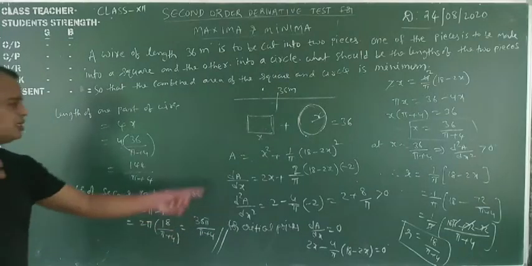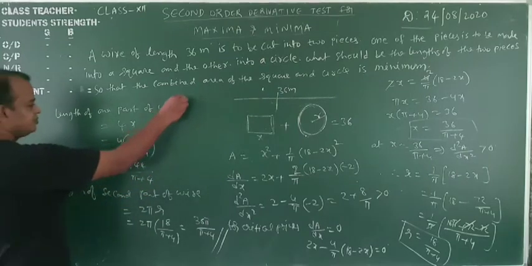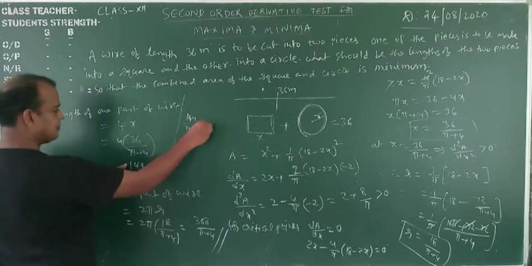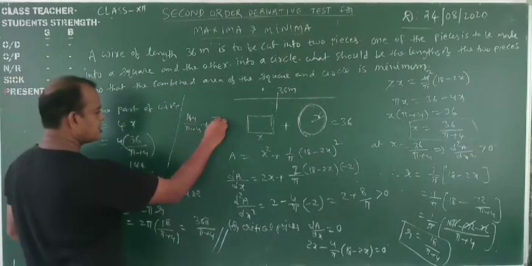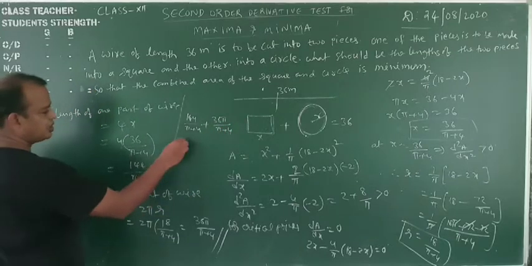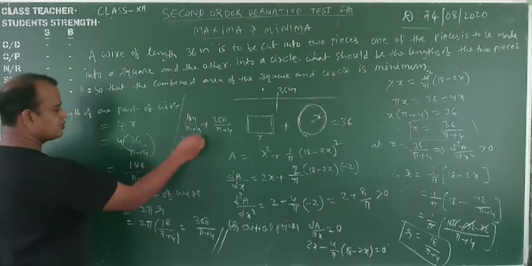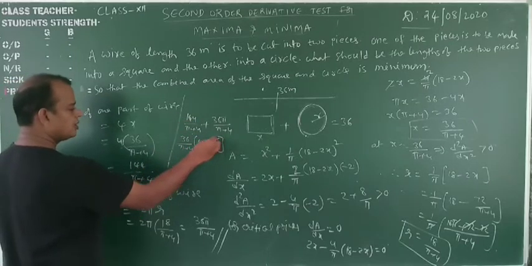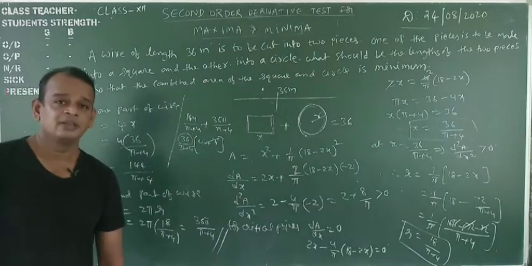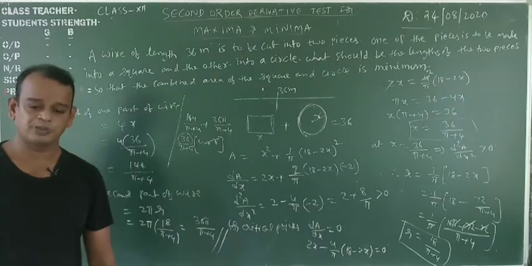This sum must be equal to 36. Say yes or no, right or wrong? Just verify the sum. This is 144 by pi plus 4, just verification, plus 36 pi by pi plus 4. Now you can take in common 36 by pi plus 4, times 4 plus pi. Okay, my dear students, in this way we will complete the problems. We are going to the next problem.